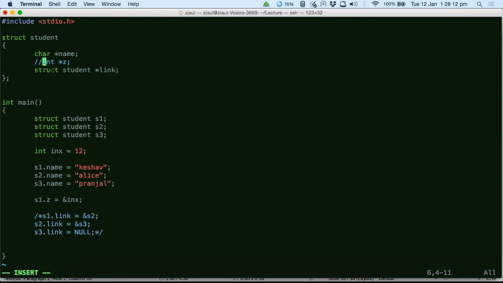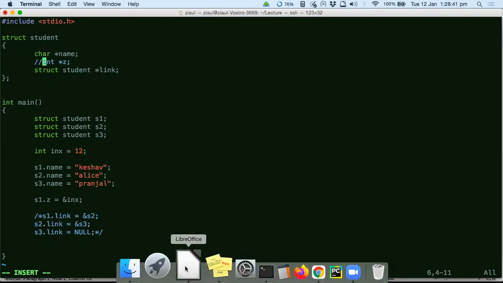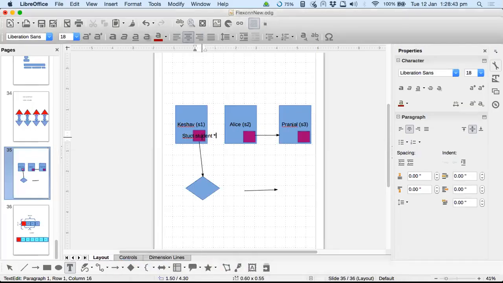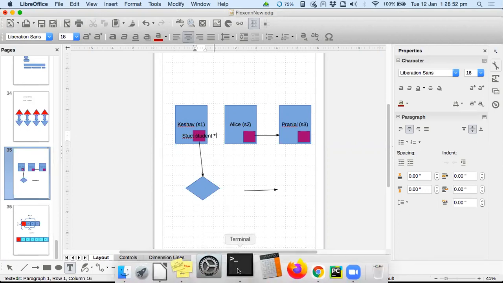Yes, sir. I have not even defined student properly yet, right? I have not even defined it properly because I have not reached the semicolon yet. But in the middle I am creating a struct of type student. How is it possible? It is possible because of how the compiler will translate this: it will first go through the entire structure until it sees a semicolon. And then it will go to the pointer and see, okay, there is a pointer of this type. So recursion, don't worry about that. Just keep this picture in mind always. Similar to an integer pointer, a struct pointer will point to a structure in memory. Since we want it to point to a structure in memory, that's why we have to define it as a structure pointer.